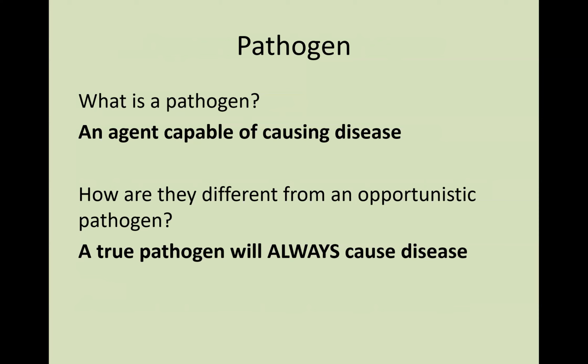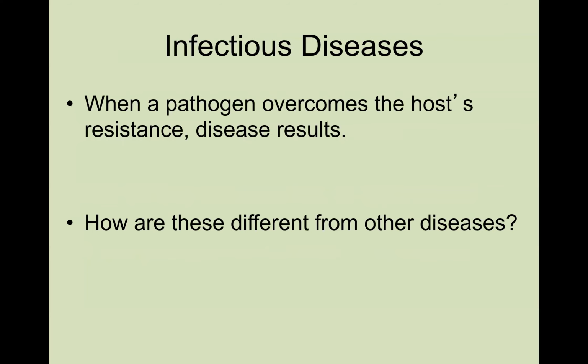And when we think about the difference between a true pathogen and an opportunistic pathogen, an opportunistic pathogen is normally not going to cause harm. And again, doesn't normally cause harm in a healthy host. However, if the person's immune compromised, or again, that microbe ends up somewhere where it really shouldn't, then it can potentially cause that infection and cause disease. But a true pathogen will always cause disease. If you're exposed to the influenza virus, you would develop influenza. So I hope that makes a little bit of difference and makes some sense.